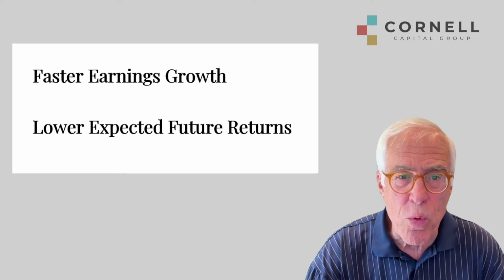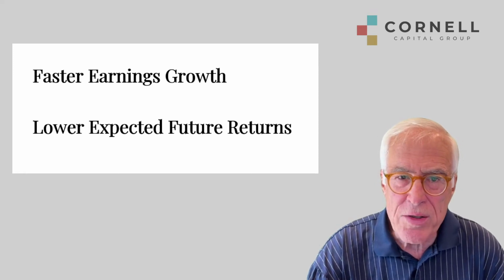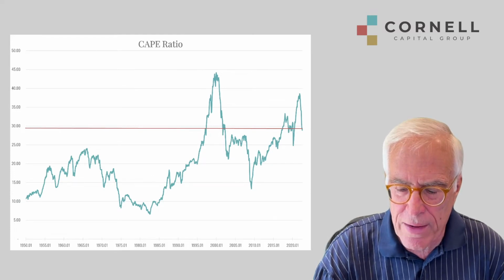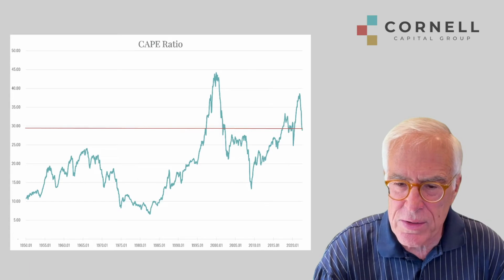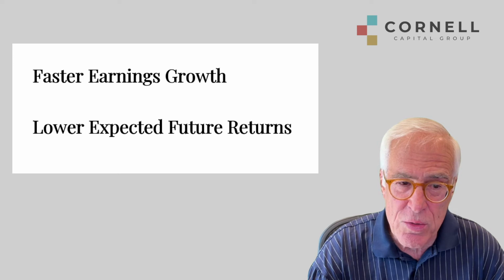Well, where are we right now? For the measure of price to earnings, I'm going to use the Shiller CAPE ratio shown here, which we discussed in an earlier Reflections, and I showed you exactly how Professor Shiller calculates that. Where we are now is shown by the red line, and you can see that it's well above the historical average. So that suggests that going forward, investors are either expecting faster earnings growth or lower expected returns.